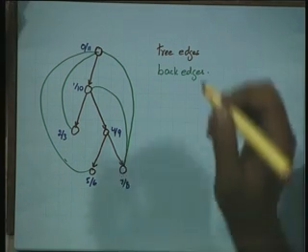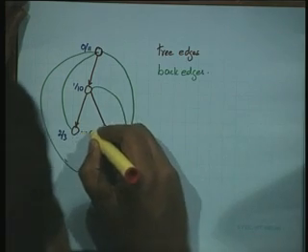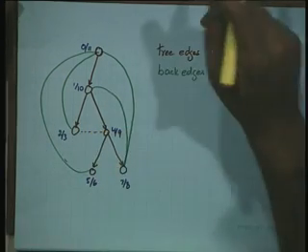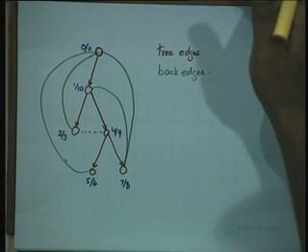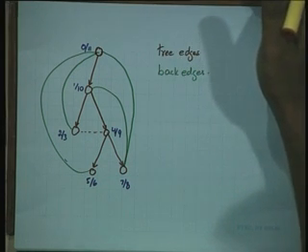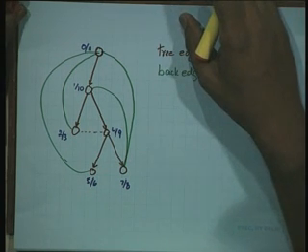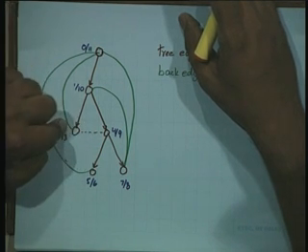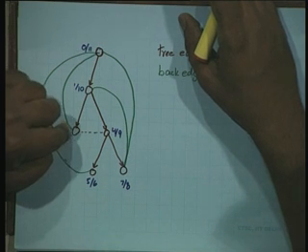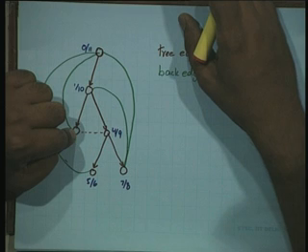Now, I have the following question: could there be an edge from this vertex to this vertex? Could this dotted red edge be there? I have drawn it dotted, so most likely it should not be there. But why? Because 4, 9 would then be below 2, it will become 3. When I came to this vertex at time 2, I backtracked out of this vertex only because there was no other option available to me.